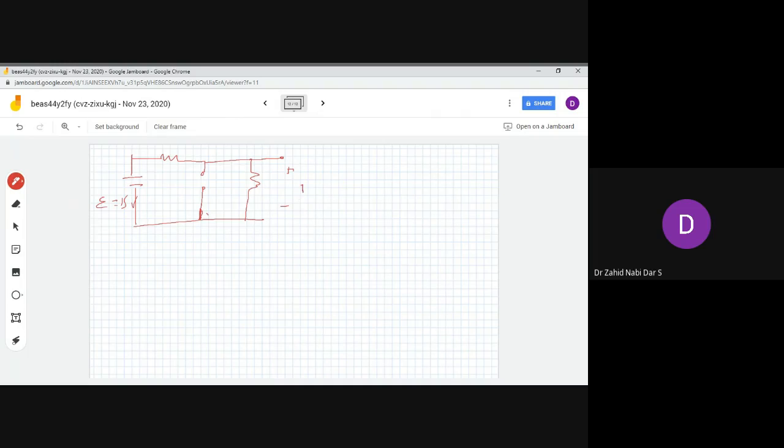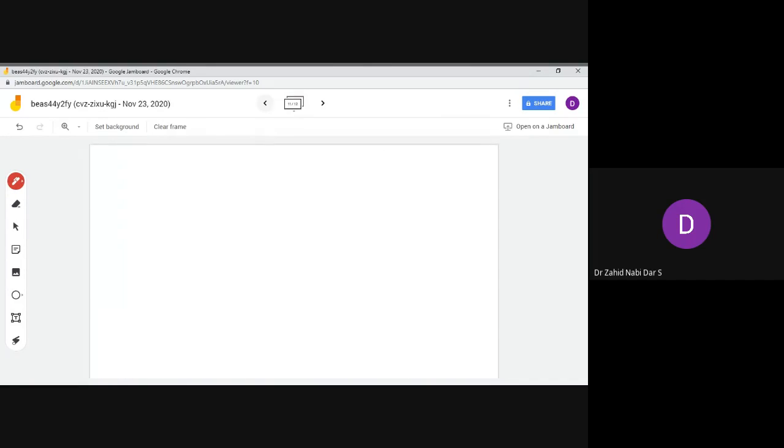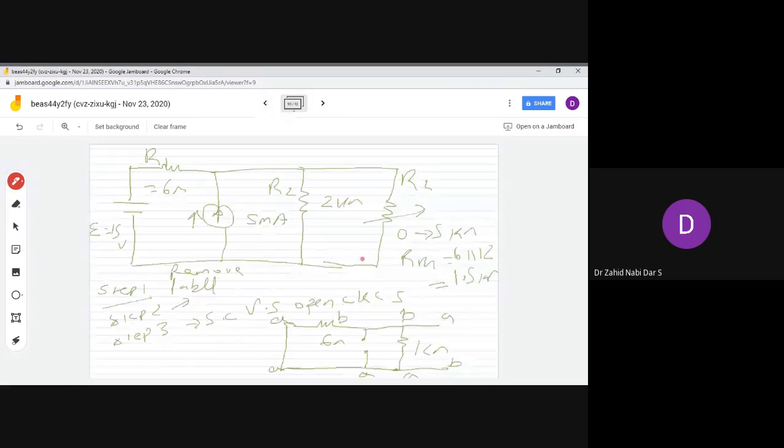So this is your 2, sorry, what is 2 kilo ohm and 6 kilo ohm. Oh, there was a problem in the previous slide. It was not 12, it was 2 kilo ohm. So this was 6 parallel to 2, that's why 12. So 6 into 2, 12, 6 parallel to 2. 6 twos are 12, 12 divided by 8, that is 1.5. That's why I was wondering if I had made some mistake.